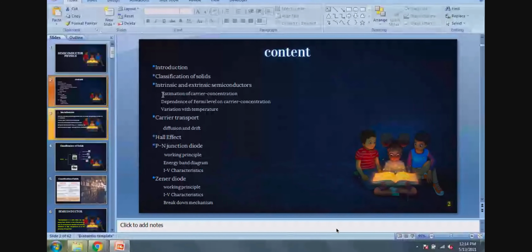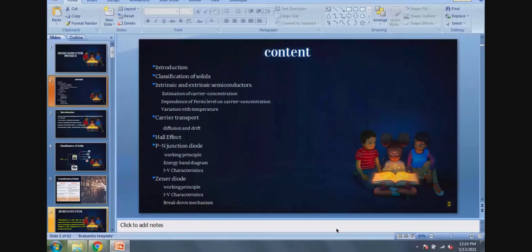So all of you, I request, please take your books, and I'll show how to calculate the density of holes in the valence band and the density of electrons in the conduction band. Please, all of you copy. I'll explain step by step the mathematical expressions. Very easy. If you know the first, you can solve the second one very easily.